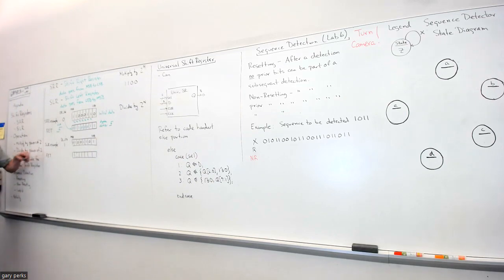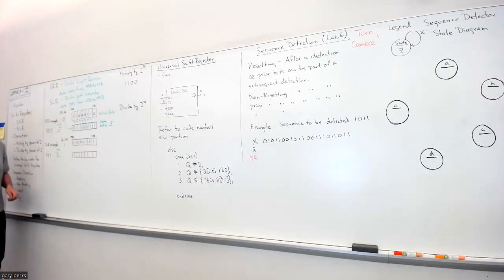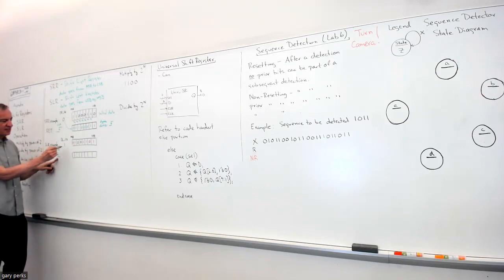So this is our shift left register example. It's a falling edge trigger. The data that goes into the shift register when we're shifting left is on the DL input. And the time that the shift happens is on the 1 to 0 transition of the clock, right? Since it's falling edge. So at this time of the 1 to 0 transition of the clock, this 1 that's on the DL in,